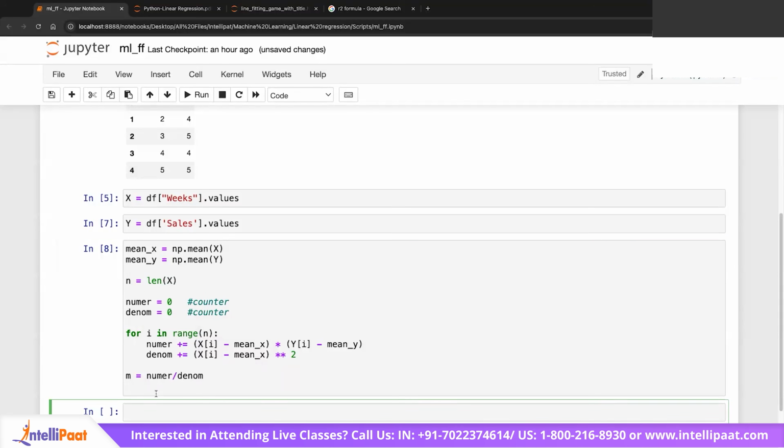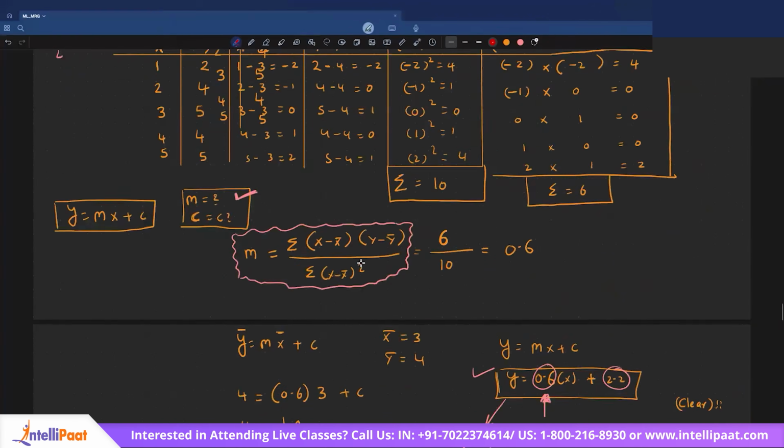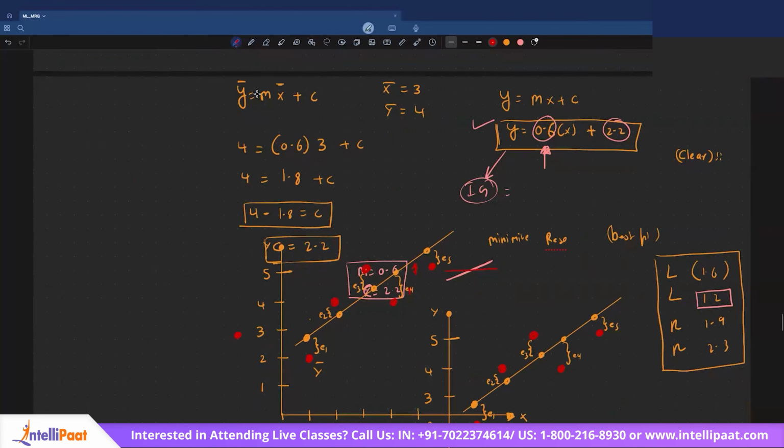And what will be the value of C? I have written the formula right here. Can you see? y bar is equal to m x bar plus c. So can I say c is nothing but